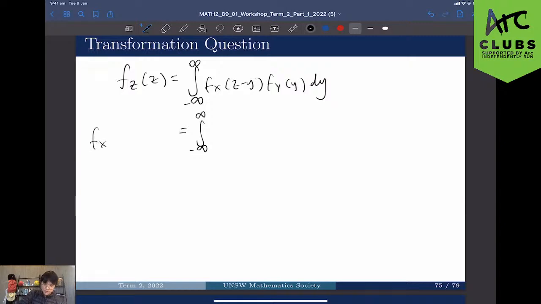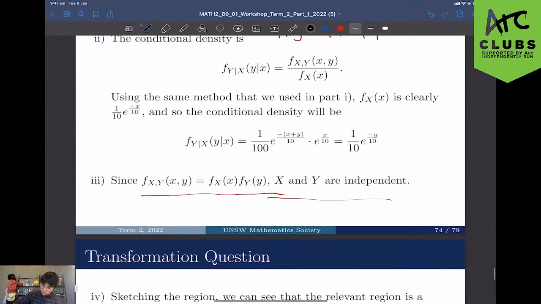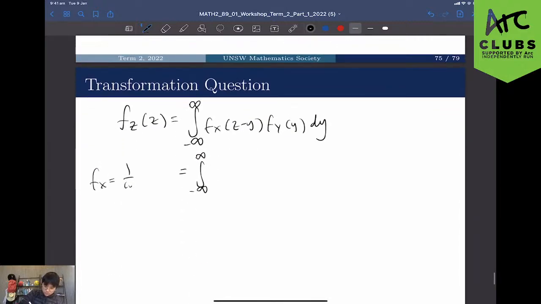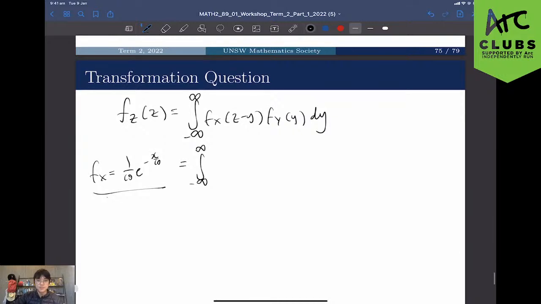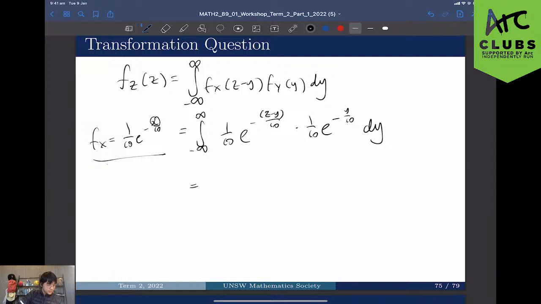Since we have fx equal to this, to find fx of z minus y, instead of x over here, we're just going to sub in z minus y. So we get 1 on 10, and fy of y is the same as fx, so it's just going to be 1 on 10 minus y on 10. And this simplifies down to